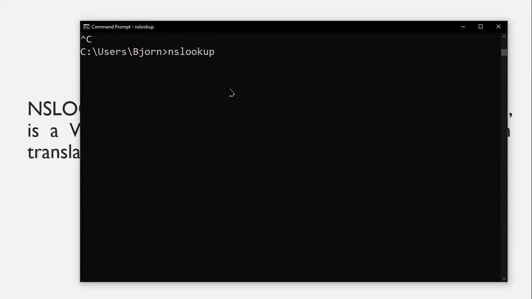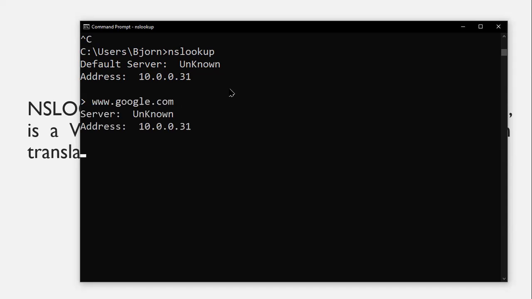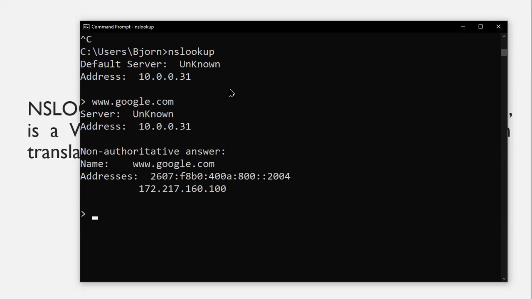It will look up the IP address of a certain domain name. Now let's try www.google.com. There you go. You have two IP addresses translated for www.google.com. One is the IPv6 and the other one is the IPv4.